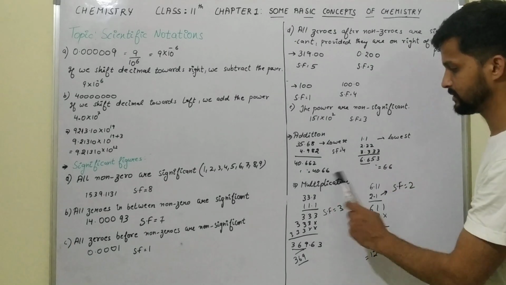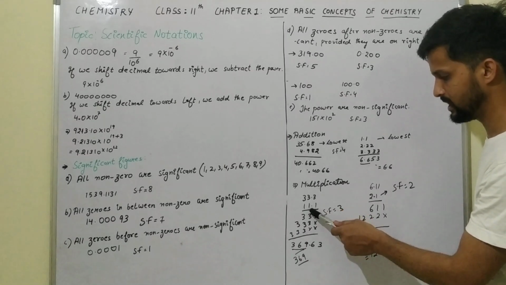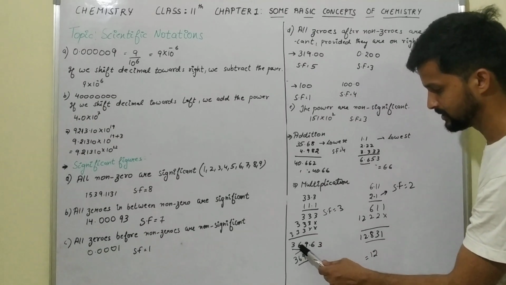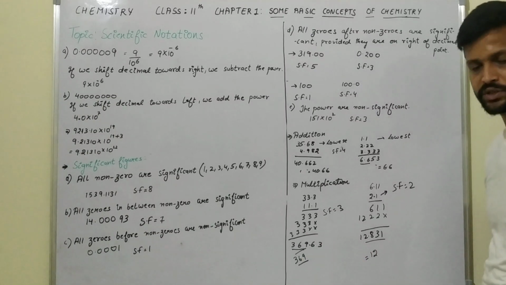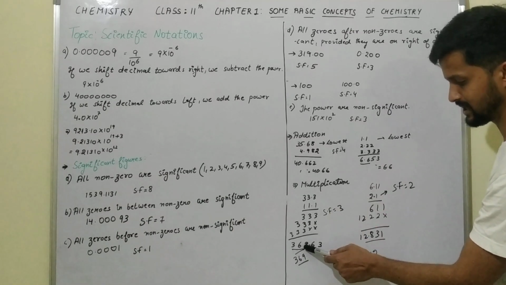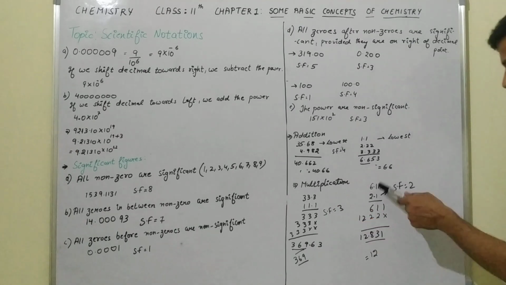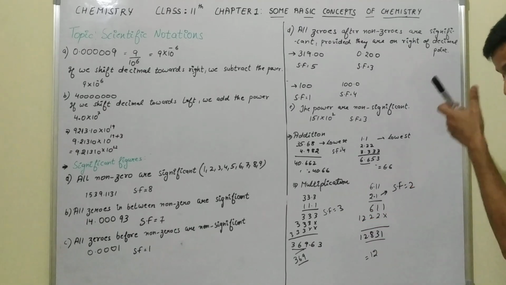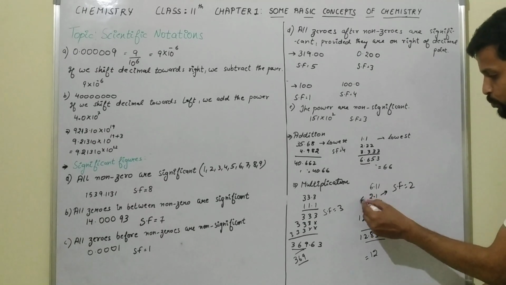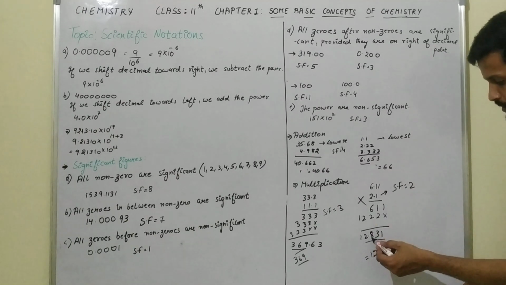Clear? Next, the same method is used for multiplication: 33.3 and 11.1. Clear? When we multiplied them, we got the answer 369.63. Clear? So when we check the significant figures here, it is 3, so what will our answer be? 369.6, because how many significant figures do we have? 3. Either we can here multiply 6.11 with 2.1. Clear? So at that time here the lowest significant figure is 2.1. So significant figure is 2. After the multiplication we get the answer 12.831.